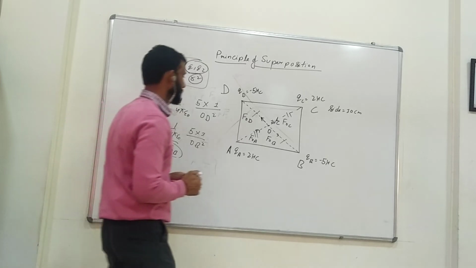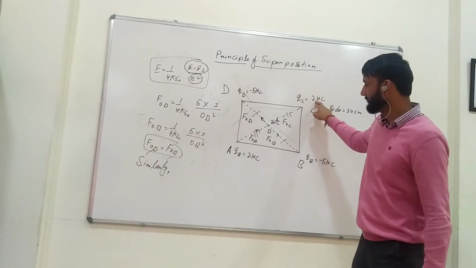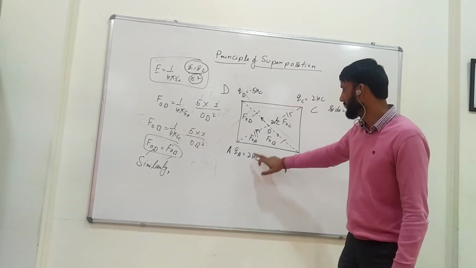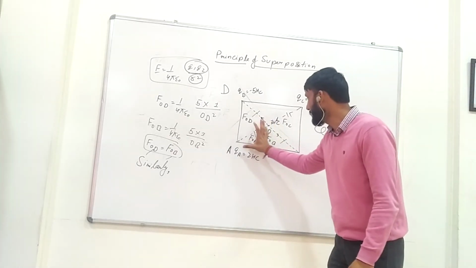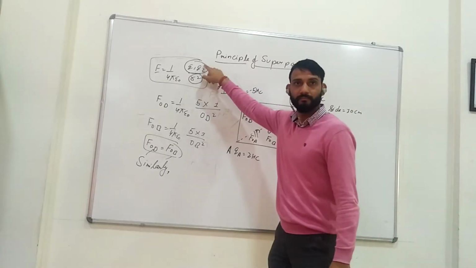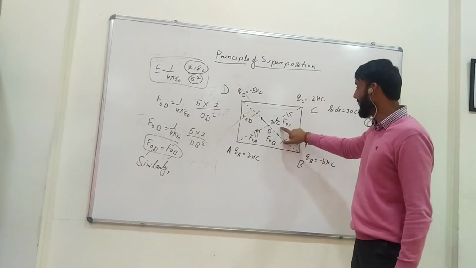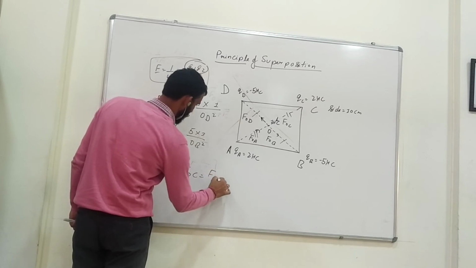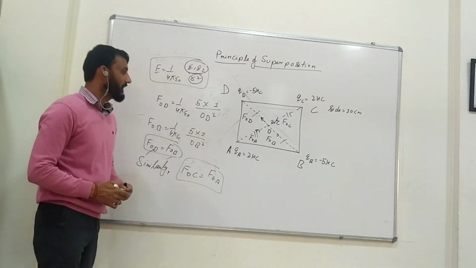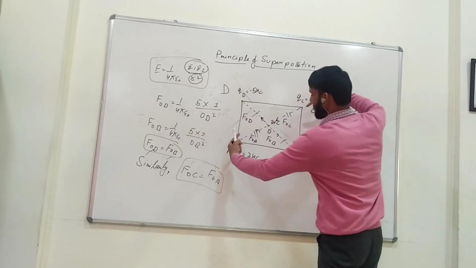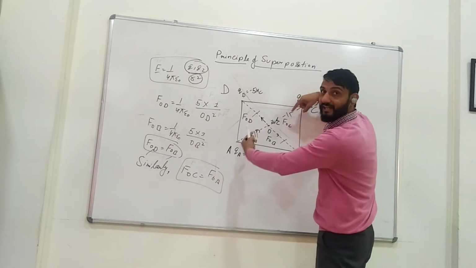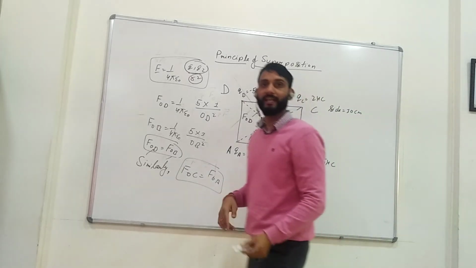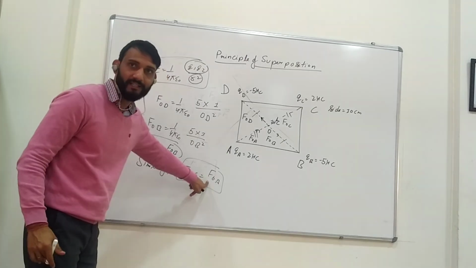Similarly, if you look, this charge Q1, Q2, distance again same, Q1, Q2, distance again same. So the charges are same, distance is the same. So similarly, FOC will be equal to FOA. These two forces will be equal. Once again, as we can see, these two forces are acting in opposite direction. This one is repelling in this direction and this one is repelling in this direction. So again the resultant force of these two forces will be 0.